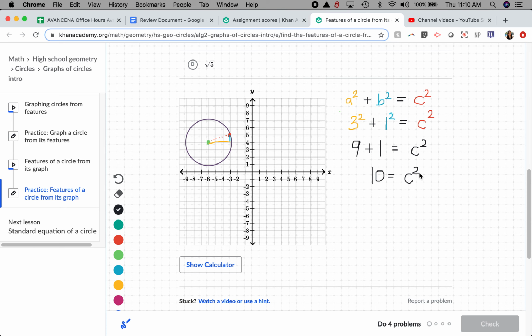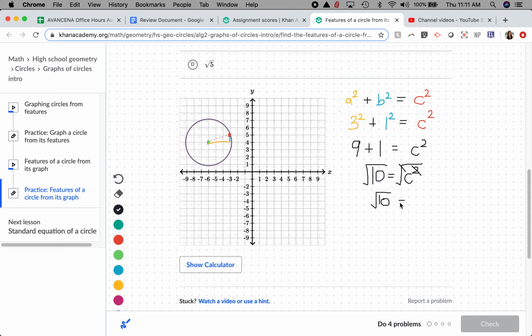Now, at this stage, we're going to have to figure out how to get rid of that exponent of 2. And in order to do that, we have to do opposite operations. A lot of students at this stage would want to divide by 2, but actually the opposite operation to get rid of an exponent of 2 is to take the square root of both sides. This square root is the opposite of squaring something, so we'll be able to get rid of that exponent of 2. So we will be left with square root of 10